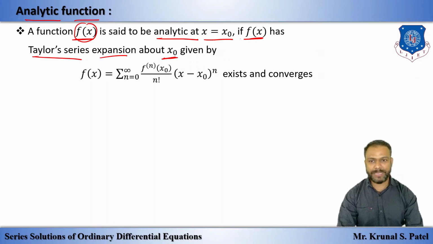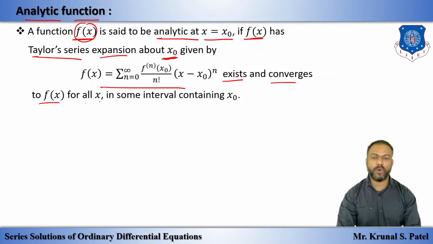So f of x is said to be analytic at the point x equal to x0 if f of x has a Taylor series expansion about x0, which is given by this, exists and converges to f of x for all x in some interval containing x0. So in a simple sentence, if you want to remember what an analytic function is,